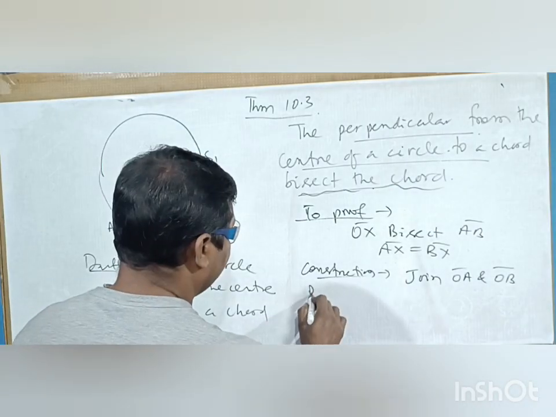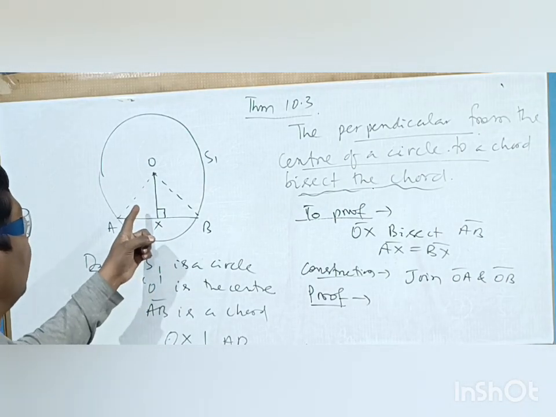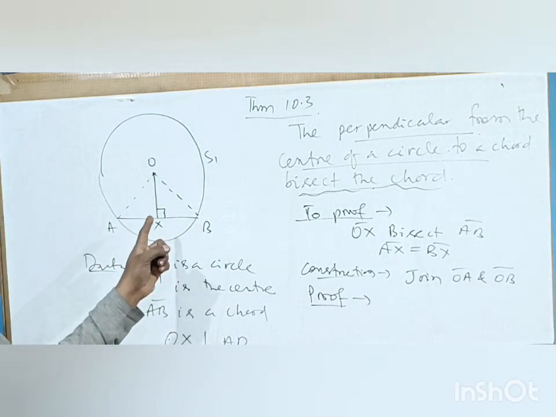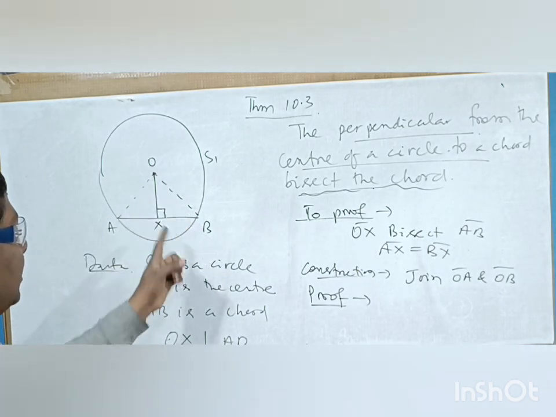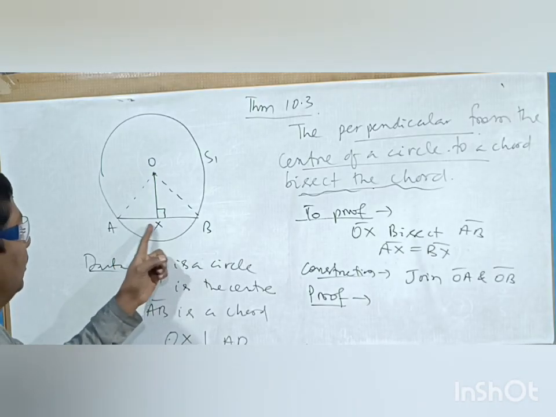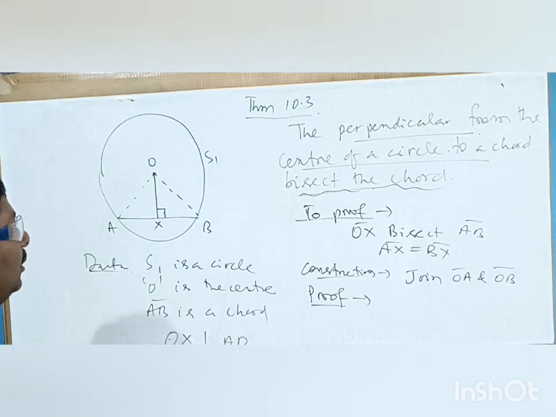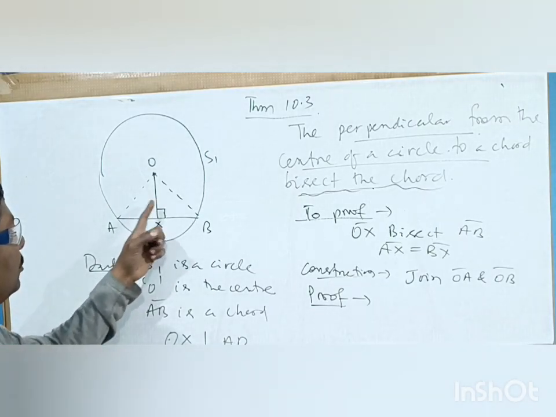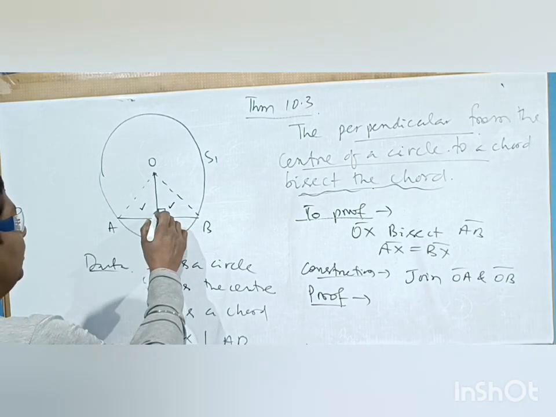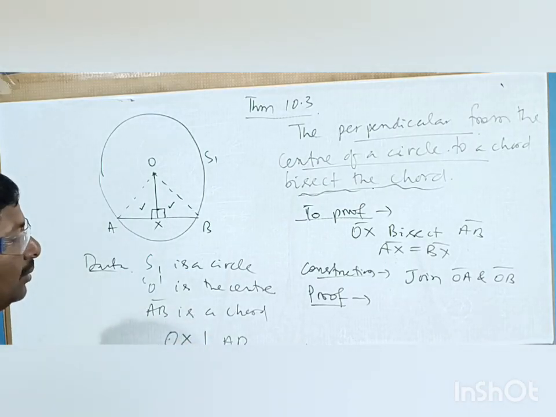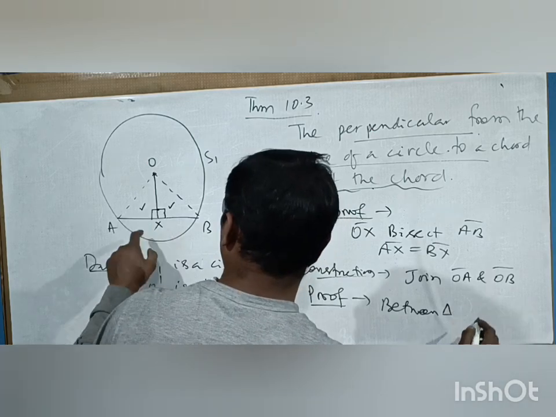Now prove. How to prove? We have to make congruent these 2 triangles, OAX and OBX, so that this part will be the same as a part by CPCT, corresponding parts of congruent triangles. So we have to go for the congruency of these 2 triangles. Which one? This one and this one. This is given 90 degrees from data. So between triangle OAX